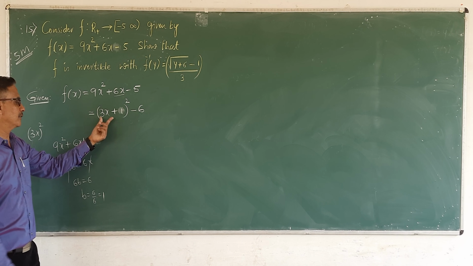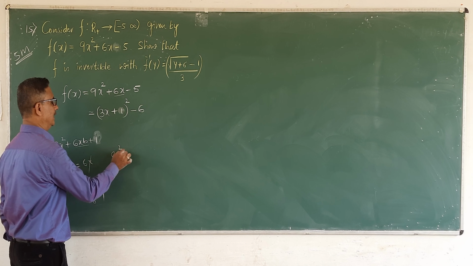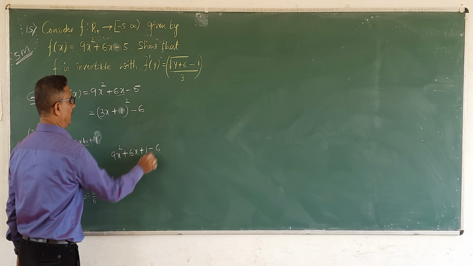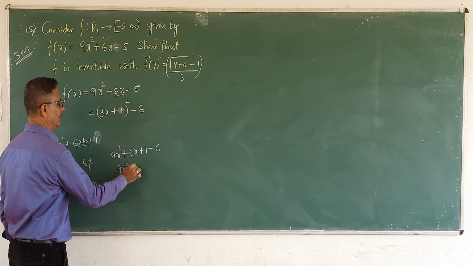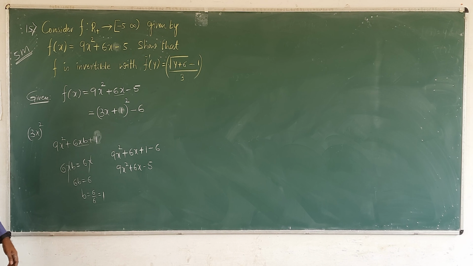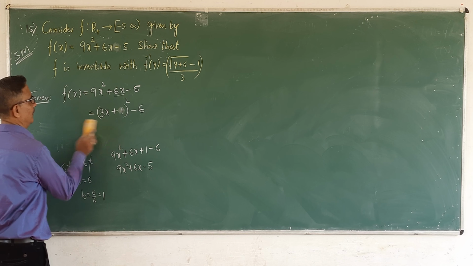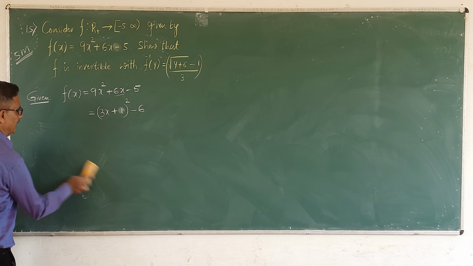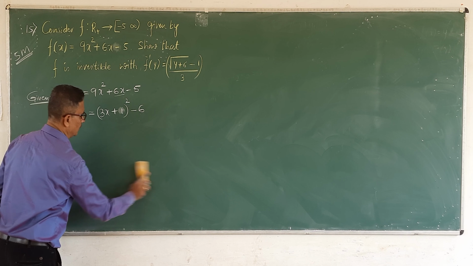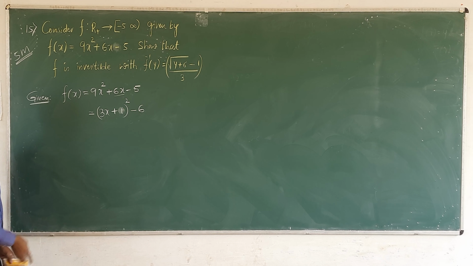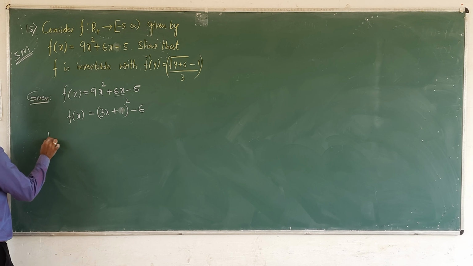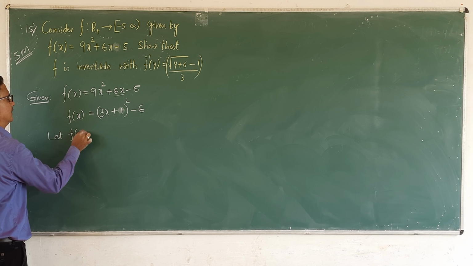How would you know? Here, 9x square plus 2ab, 6x, plus b square 1, minus 6. That is 9x square plus 6x plus 1 minus 6, minus 5. So 9x square plus 6x minus 5 is same as, make it as perfect square, we can write 3x plus 1 whole power 2 minus 6. This is the formula. Now to prove that it is 1-1, let f of x1 is equal to